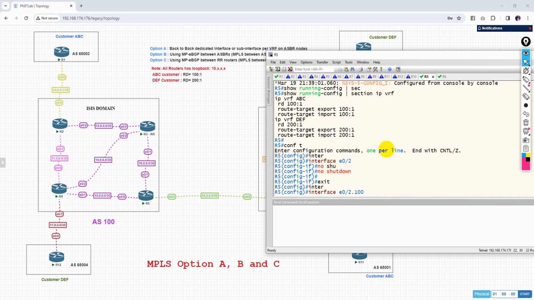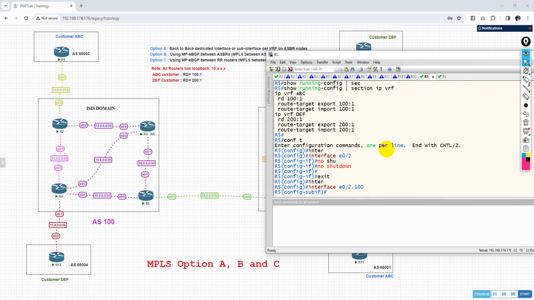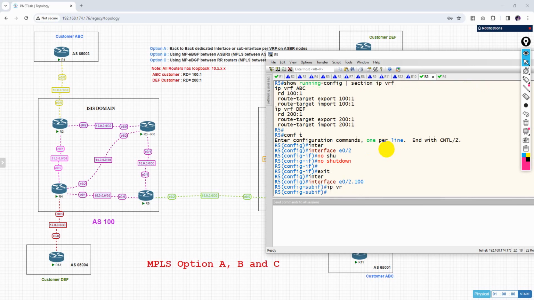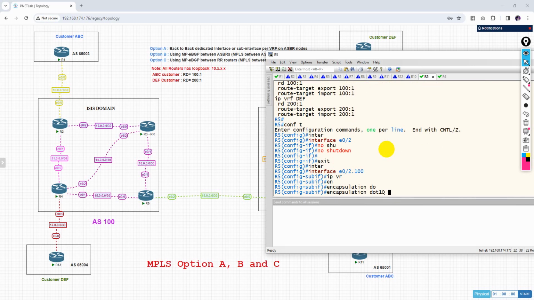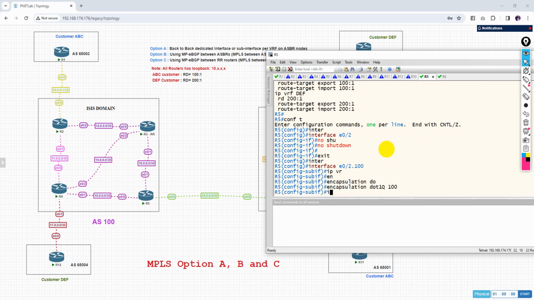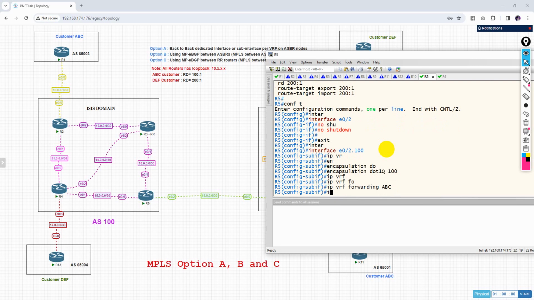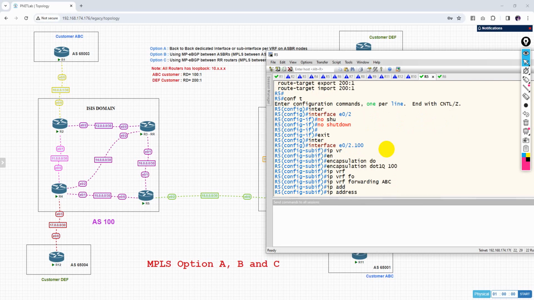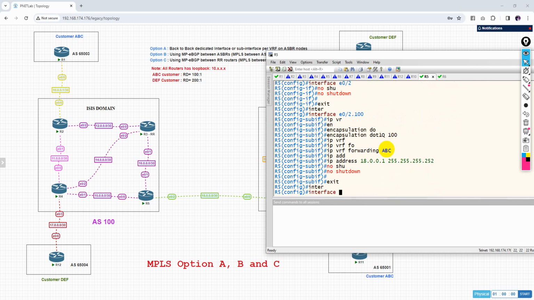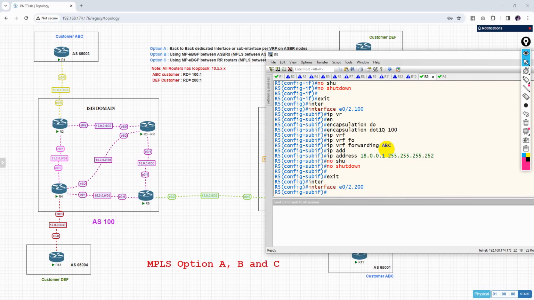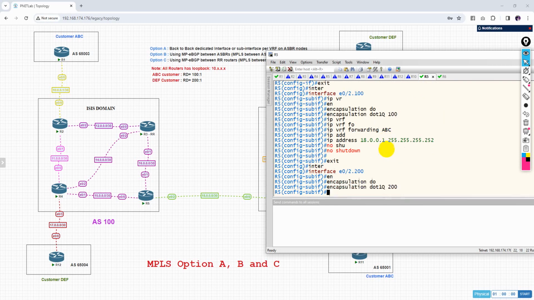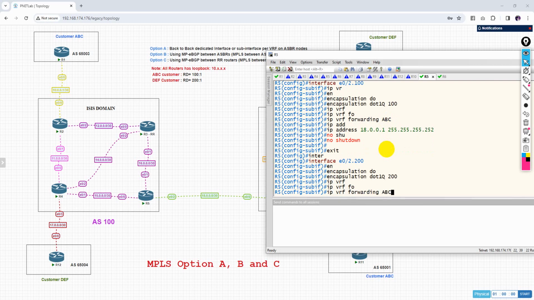Let's call it 100, this is for ABC, so subinterface dot 100, which is for customer ABC. Before we do the IP VRF, we need to do encapsulation dot1q 100. Then ip vrf forwarding ABC. Then I will give an IP address, I'm going to use 18.0.0.1, 255.255.255.252. No shutdown. And for the second customer, 200, I'm going to use encapsulation dot1q 200, ip vrf forwarding DEF,